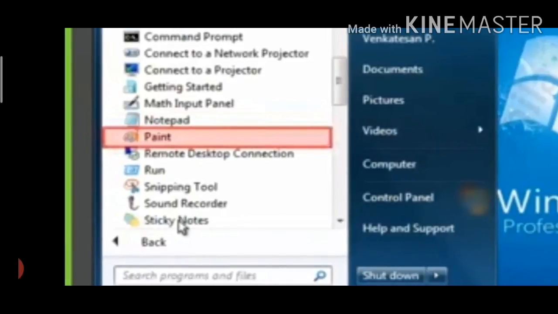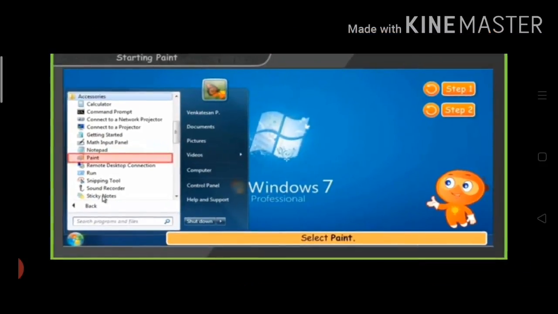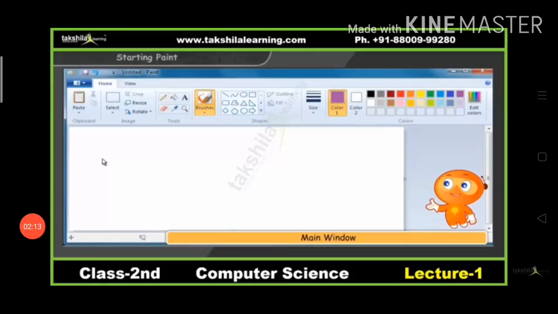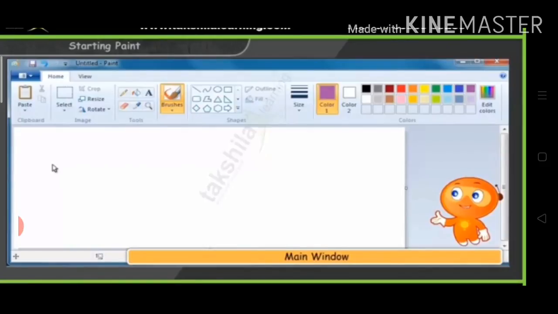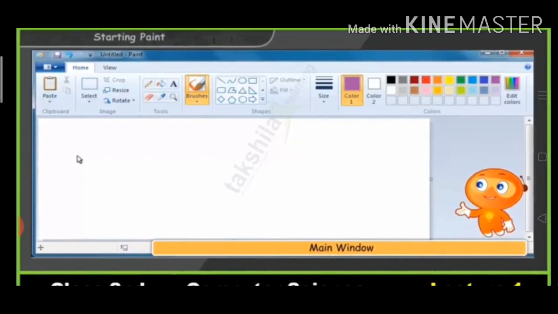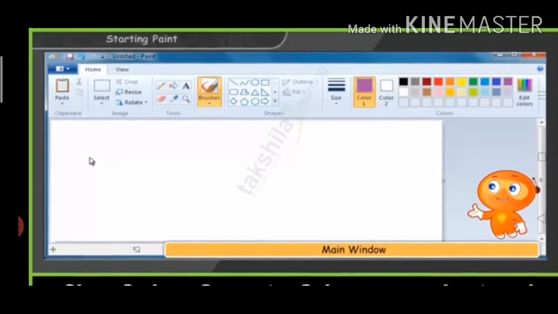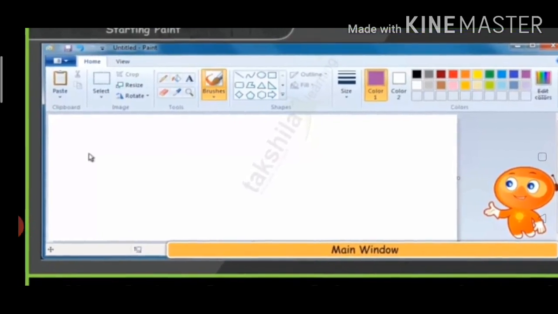So this is the last step. We have to click on the paint button. After selecting paint, we will get our paint window on the desktop. This window will appear. Here you can see the colors, pencil and many tools.